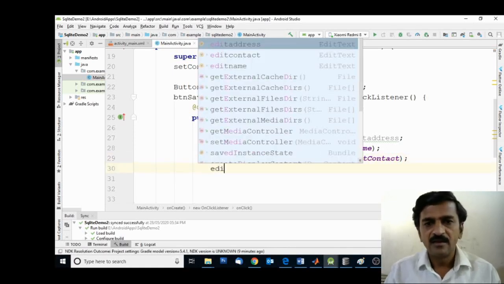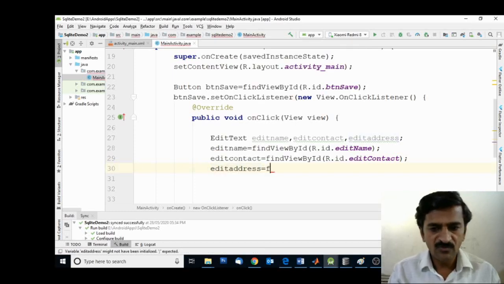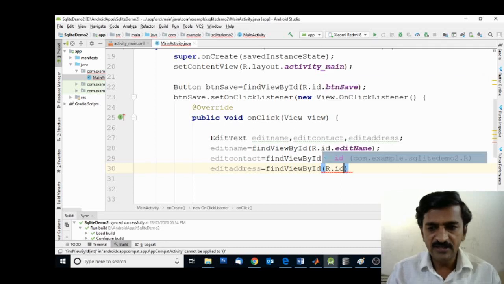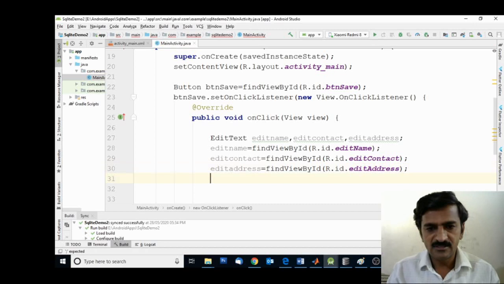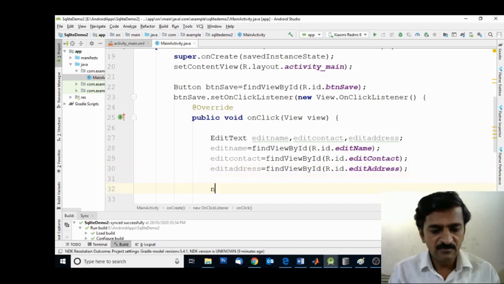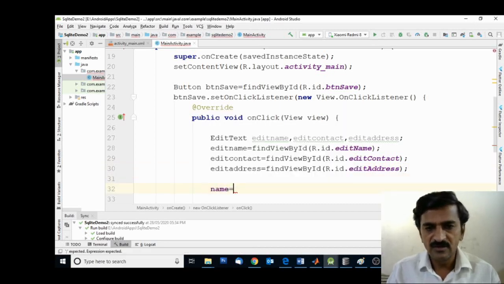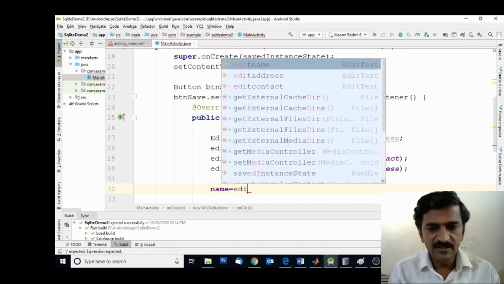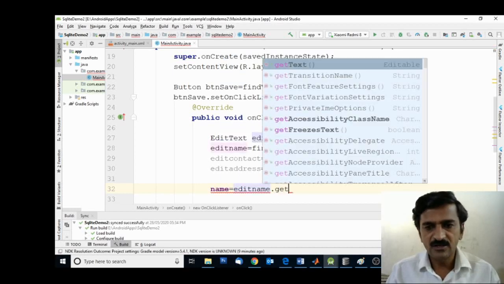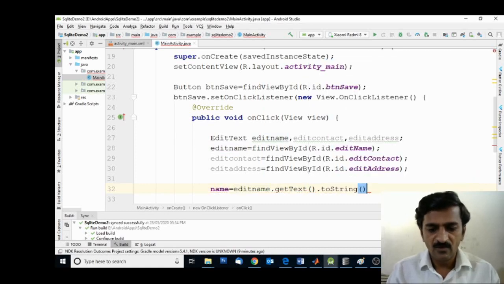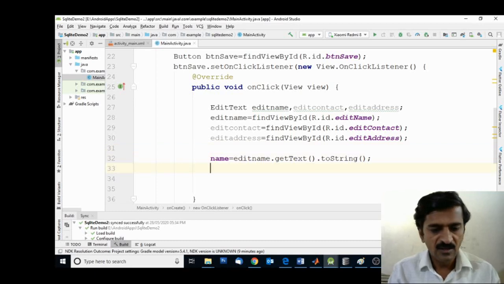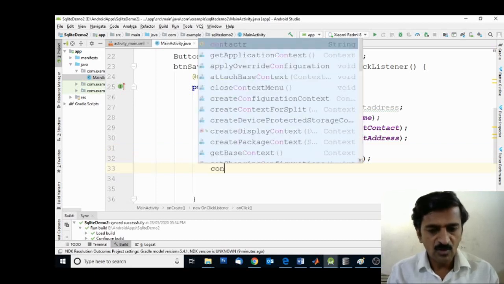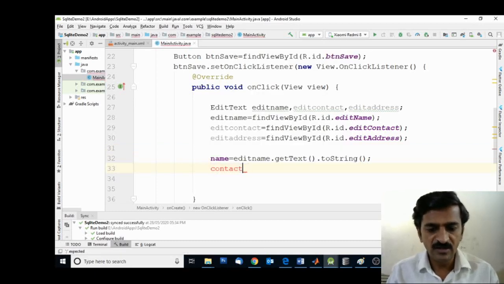Similarly, editAddress equal to findViewById R.id.editAddress. So now we can get the name, contact and address in string variables. name equal to editName.getText().toString(). We are getting the text which is entered into the editName text box. Similarly, we are going to take the contact variable we have declared for that.